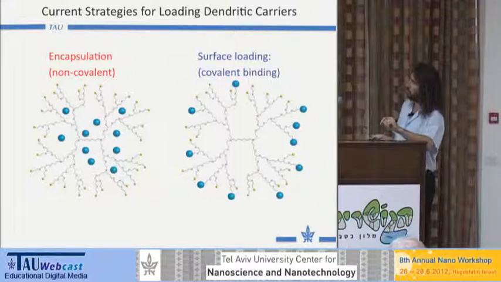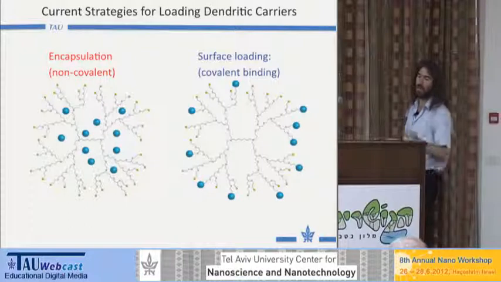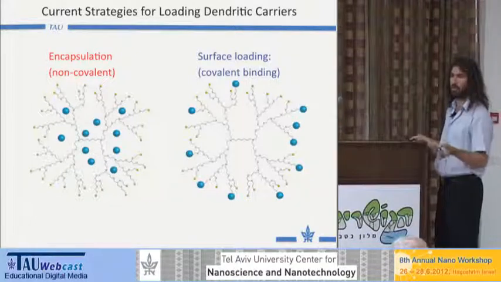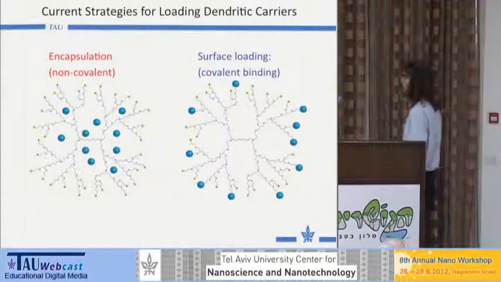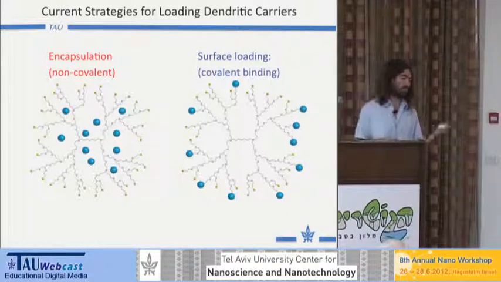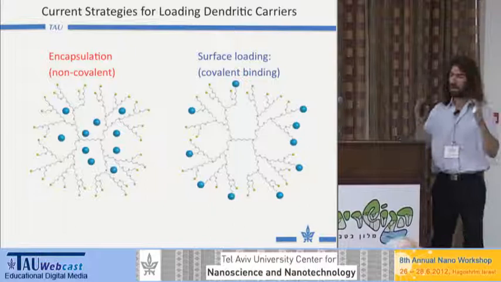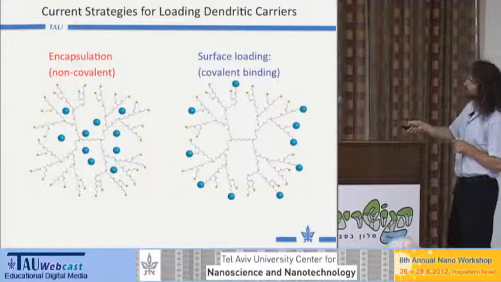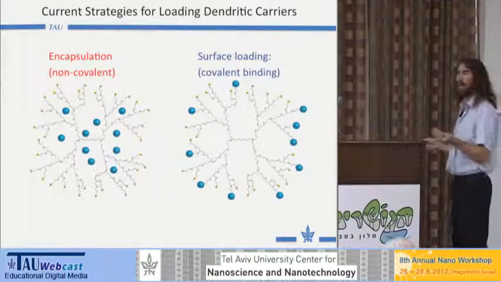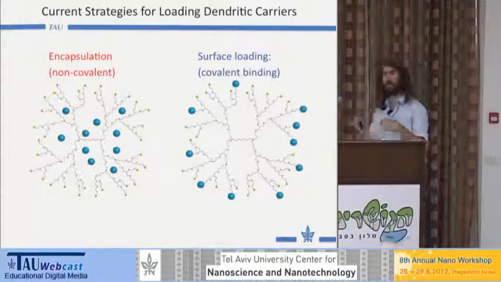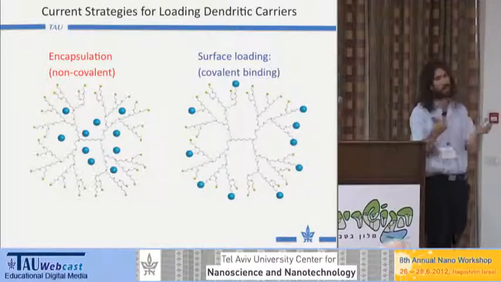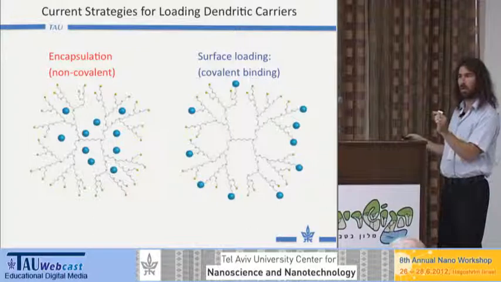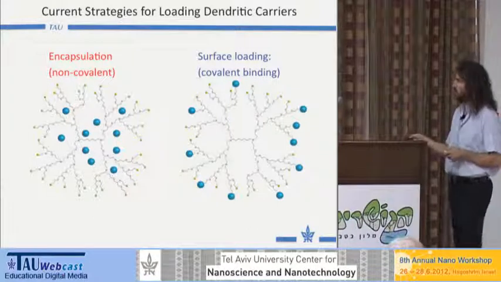If you look at the surface loading, again, due to the fact that many drugs are hydrophobic, and many dyes are too, we cannot decorate the whole dendrimer with hydrophobic moieties because then it's not going to be biocompatible anymore. So we're limited to decorating anywhere between 5 and 10%. Now, if you take a perfectly synthesized dendrimer that you worked very hard to make, and then you try to conjugate only 5%, obviously you're going to get a statistical mixture that contains everything between 0 and, let's say, 20% or 30%, with the average being around 10, but again, it kind of defeats the point of working very hard to synthesize a monodispersed molecule if later on you're introducing a polydispersity, and also in this case